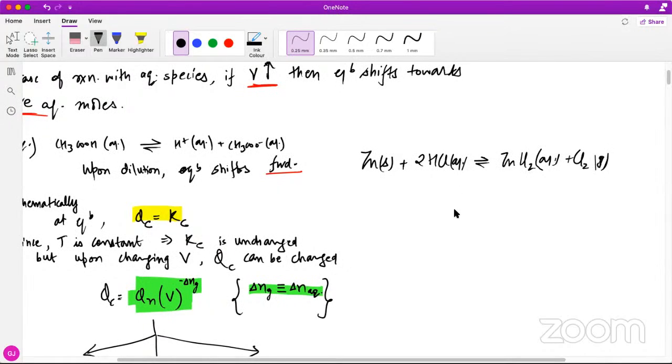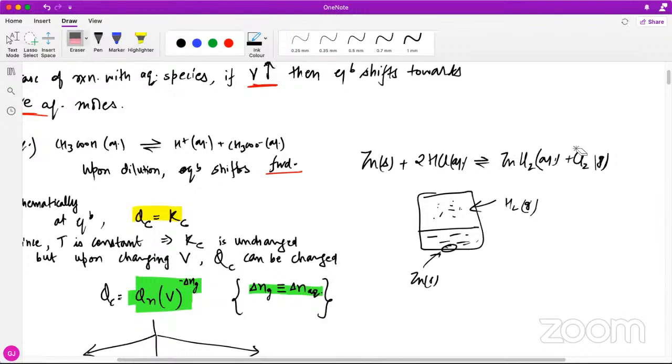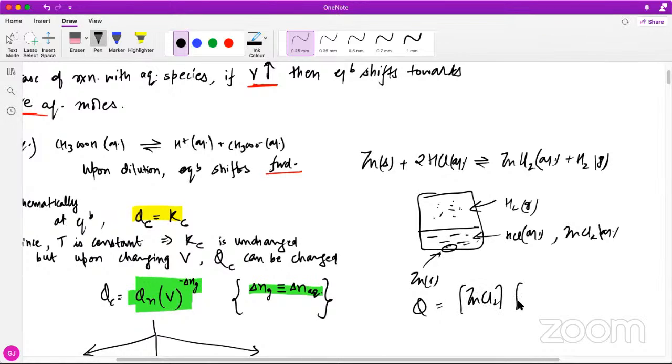राइट, नाउ इफ आई हैव टू विजुअलाइज दिस, तो इसका विजुअलाइजेशन कैसा होगा, so it's hydrogen in the reactions. देयर विल बी अ लिक्विड फेज, ठीक है, एंड देयर विल बी अ गैस फेज, लाइक यहाँ पे H2 गैस प्रेजेंट होगा, और यहाँ पे Zn सॉलिड का टुकड़ा रखा होगा। ठीक है, यहाँ पर क्या होगा, HCl एक्वस और ZnCl2 एक्वस, राइट। अब आपको क्वेश्चन में स्पेसिफाई करके देंगे, क्यू का एक्सप्रेशन तो आप लिख लोगे, क्यू का एक्सप्रेशन क्या होगा, ZnCl2 इनटू प्रेशर ऑफ H2, अपॉन HCl का कॉन्सेंट्रेशन स्क्वायर। अगर मैं कॉन्सेंट्रेशन के बारे में बात करूं, तो ये मोल्स ऑफ ZnCl2 अपॉन मोल्स ऑफ HCl का स्क्वायर, इनटू मोल्स ऑफ H2 अपॉन वॉल्यूम, इनटू RT।